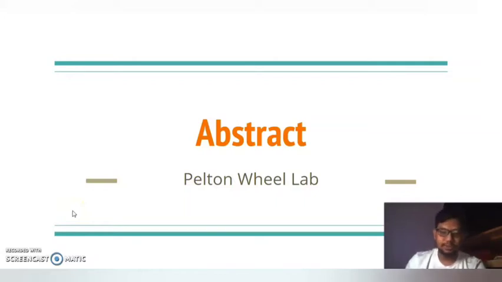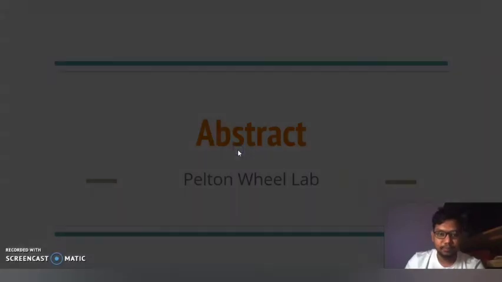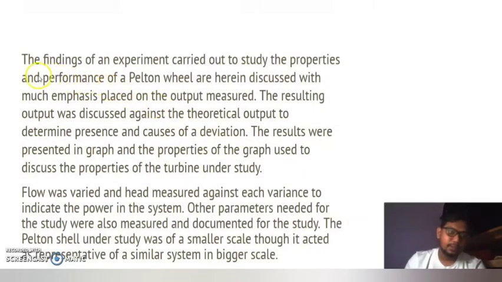For the first part of the presentation, I will talk about the abstract for the Pelton wheel lab. The findings of an experiment carried out to study the properties and performance of a Pelton wheel are discussed here, with much emphasis placed on the output measure. The resulting output was compared against the theoretical output to determine the reasons and causes of any deviation. Results were presented in a graph, and the properties of the graph were used to discuss the properties of the turbine